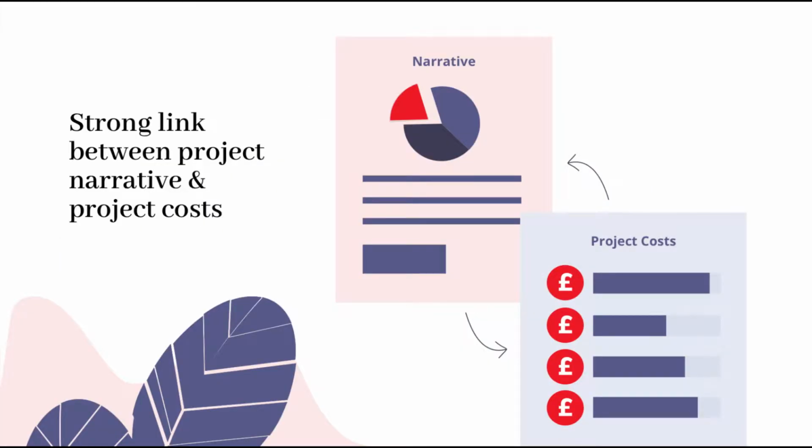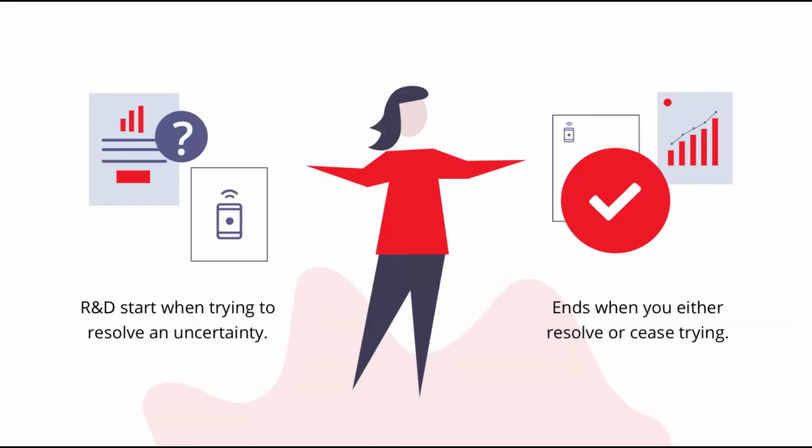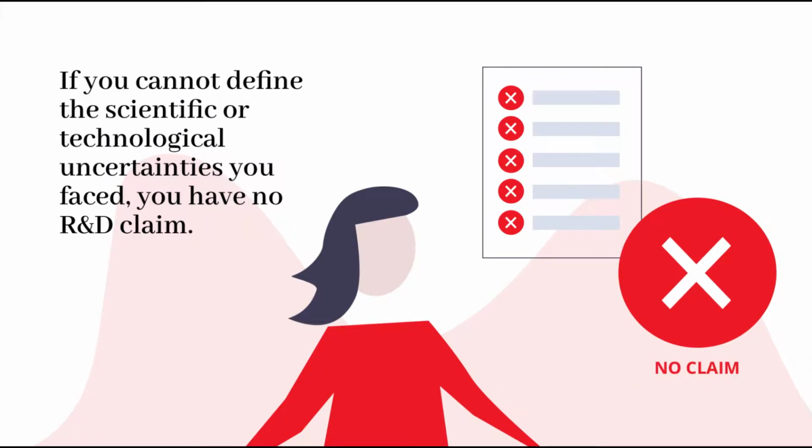A strong linkage exists between the project narrative and the project costs, as R&D begins when a company seeks to resolve scientific or technological uncertainty and ends when that uncertainty is either resolved or you stop trying to resolve it. Failed projects can qualify. If you cannot define the scientific or technological uncertainties you faced, then fundamentally you have no